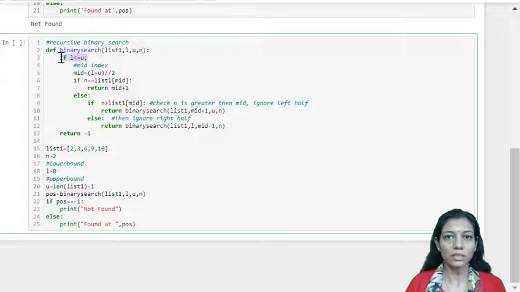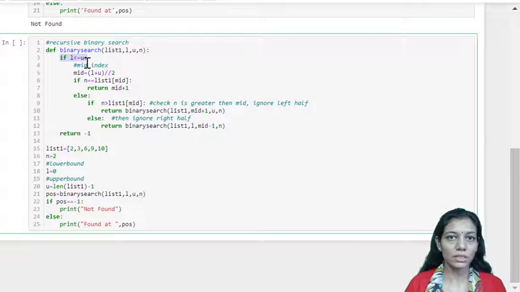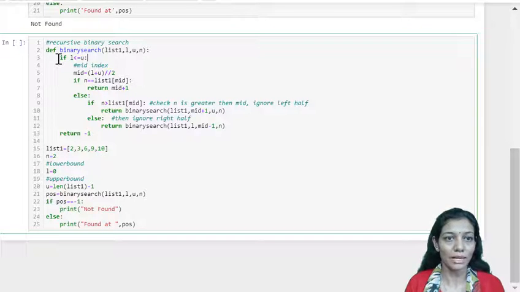As earlier, we used a loop to decide till what time we need to keep on searching. Here, instead of a loop, we'll have one condition. We are not using a loop, because we want to implement this binary search using the recursive method. So here we'll be using nested function calls. That means the function calls itself till this base condition is found.